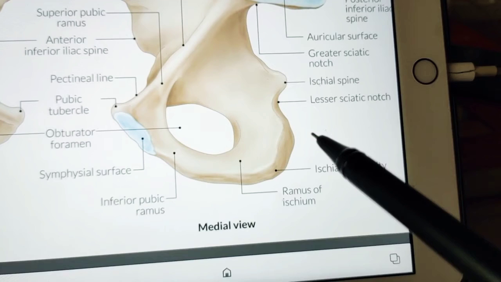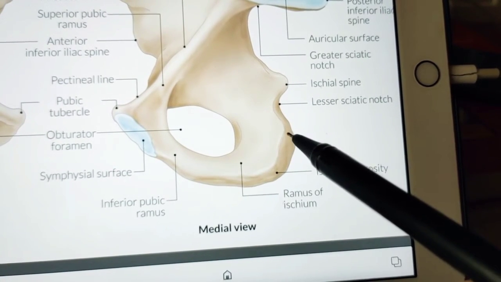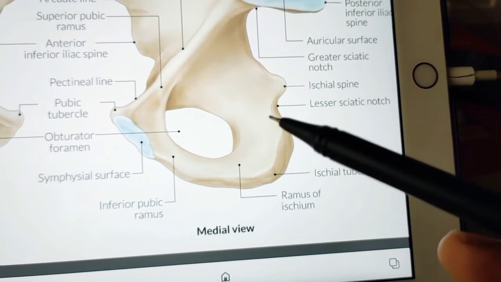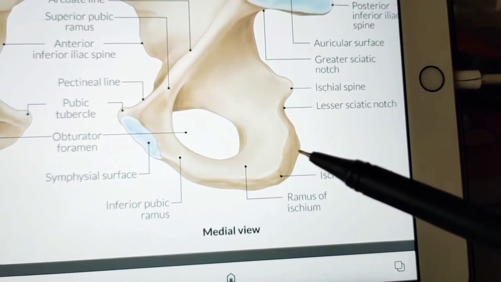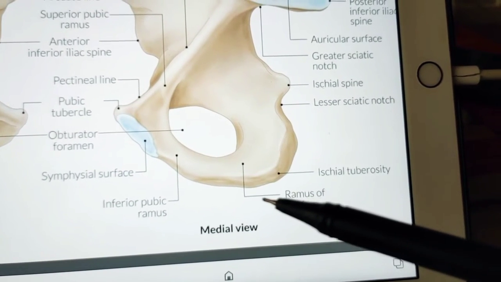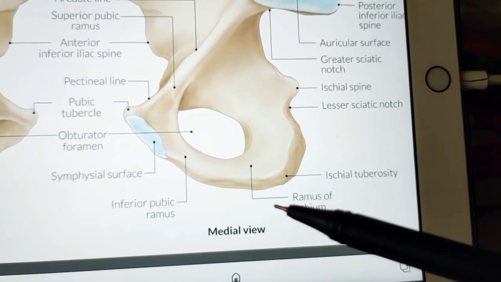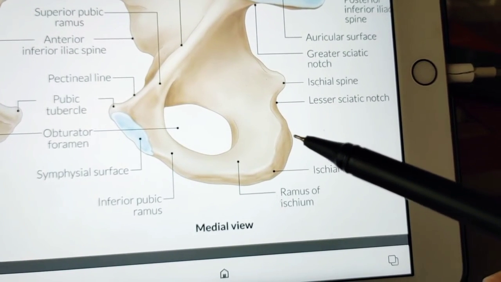And the lateral border forms the lateral margin of the ischial tuberosity. This side will be lateral, but this is anterior, this is posterior, lateral will be the back side. The lateral border forms the lateral margin of the ischial tuberosity except at the upper end where it is rounded. So the lateral border will form the lateral part of the ischial tuberosity, okay? So actually this is only the lateral border.